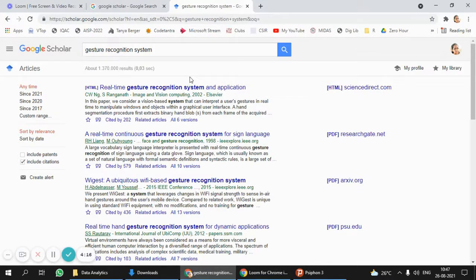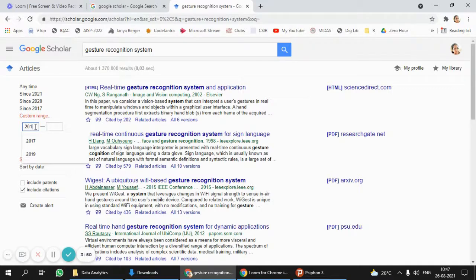And always when you're doing some research work, or writing a paper, it's always better to restrict the year. I mean, you don't want to go for 1990s papers and all, so always restrict the year. Just go to the left side, you have an option like anytime. Okay, so if you want to download the last 1 year papers, then give since 2020, or last 3 years, since 2017. Or you could set a custom range.